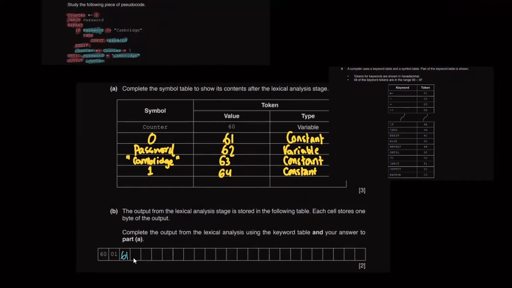61. All right, 61. Then we go to the next line. This is performed from left to right and from top to bottom, just like English. Input: we look at the keyword table because input is not a symbol. So in the keyword table, input